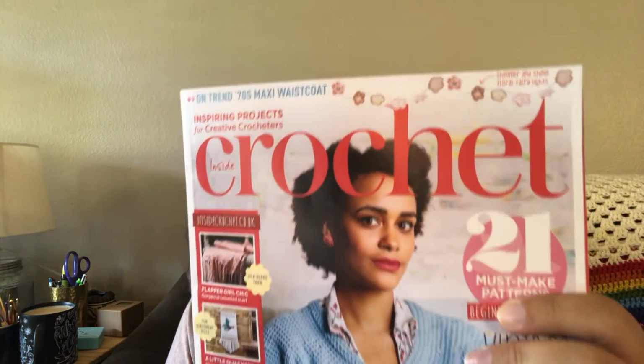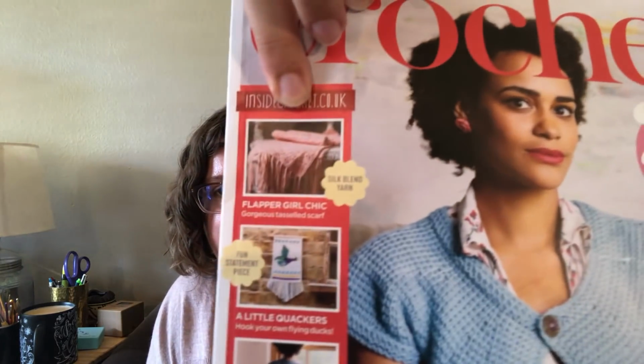And then I also got my Inside Crochet, which is a UK-based crochet magazine. This is issue 106. And so there's the cover. And this is all kind of like vintage inspired projects, including this really pretty scarf from Zines and Rogers. I saw it on her Instagram, and I would be really interested in making it. All kinds of cool stuff. So let me turn to the page that has all of the patterns listed on it. I haven't really looked through this one too much yet,